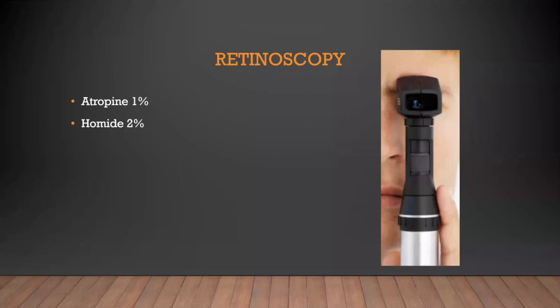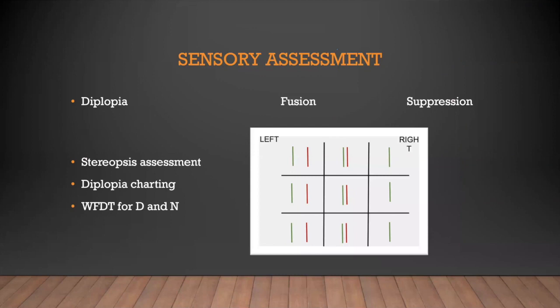After we have assessed the refraction, we want to look at sensory assessment. So sensory assessment, like I told you, is whether the patient has a binocular single vision or not. So if you do not have a single vision with two eyes, what are the other options? Okay. So if fusion is your center with your two eyes working together, say if you have one eye looking straight and the other eye which is deviated, when you were very young, when that child is young, what the brain starts doing is it starts suppressing the eye which is not seeing the clear object which is falling on the fovea.